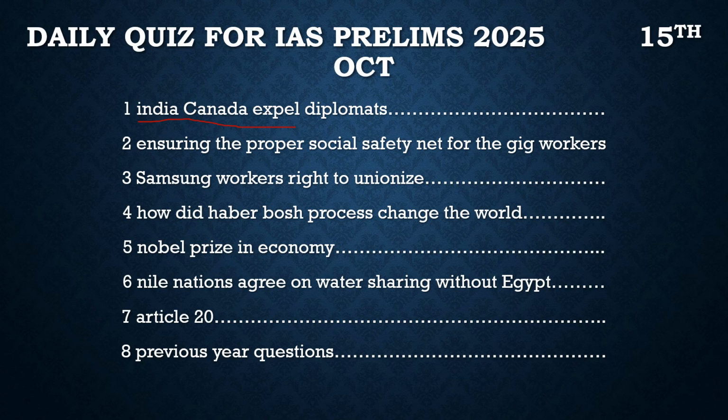Then the another article which was in the news is about ensuring a proper social safety net for gig workers. We have been discussing gig workers since long, as we had seen how vulnerable they are and how they lack social security. Suppose they go through an accident, the company owners won't provide anything to them. So with respect to this, the Union Ministry of Labor and Employment is drafting a national law to incorporate gig workers into social security schemes. This is going to work very well for the gig workers.